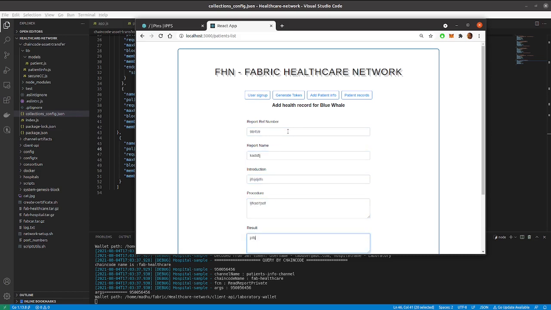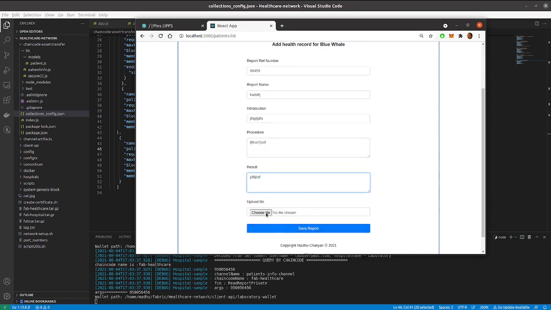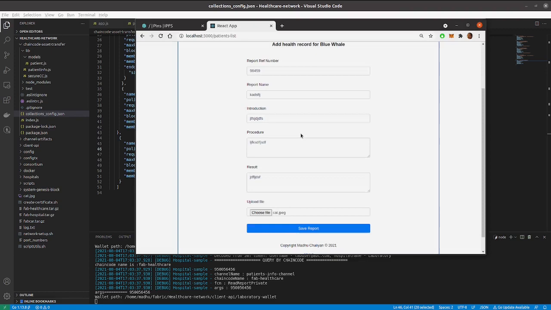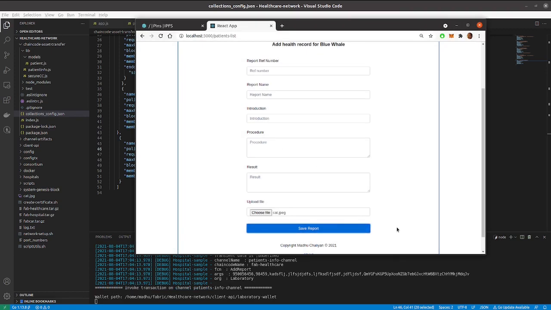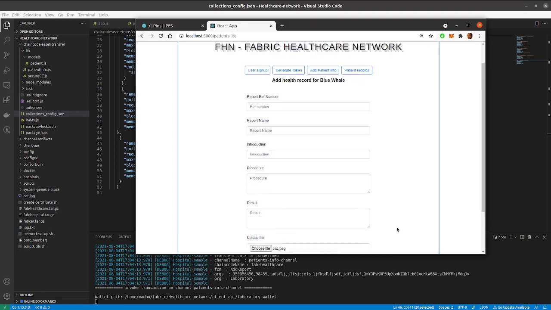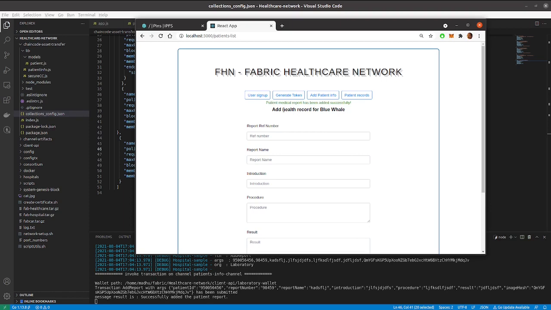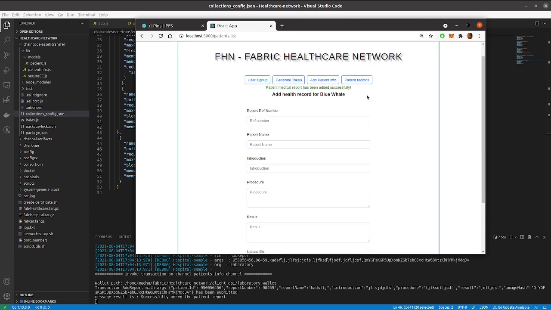I'm adding junk values, selecting a file, a cat picture, and saving the report. Now the medical report has been successfully added.